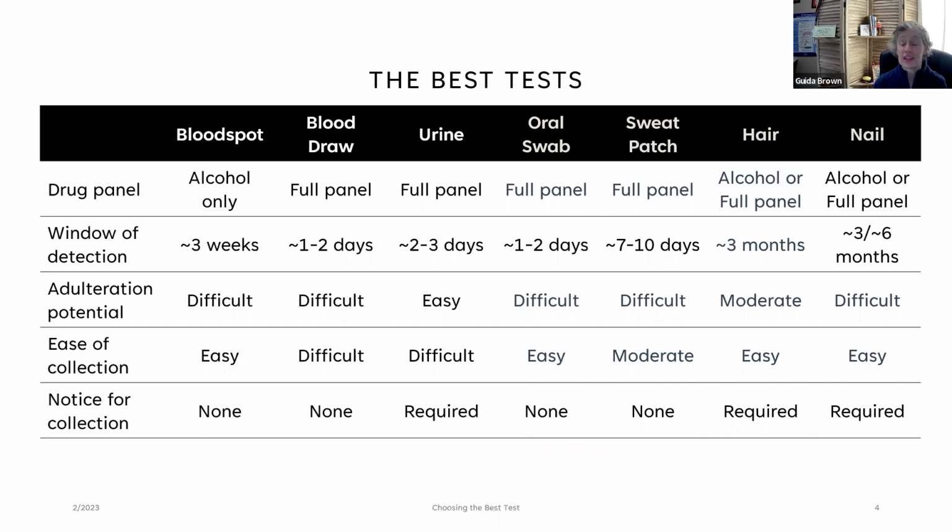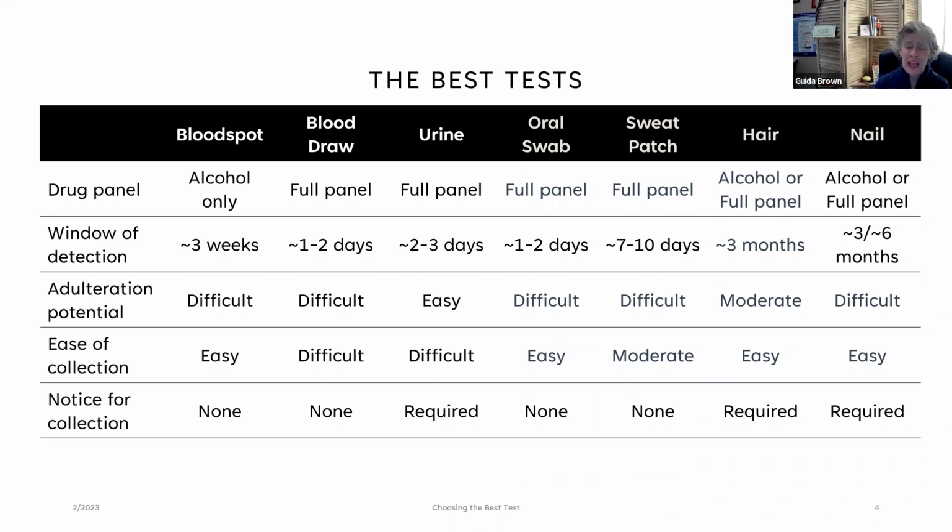The ease of collection, if you have a sample, for hair is easy. And we do have to let them know that they're going to have a test, because it could be that they've treated their hair, and now it has to grow out, so it's not treated or not permed or colored. It could have to grow out, period. So we're not scalping somebody down to the scalp, the skin.